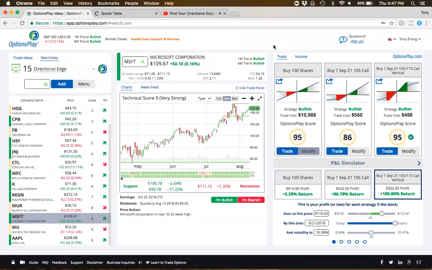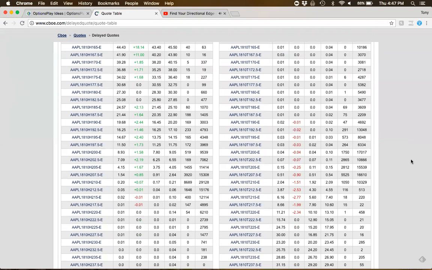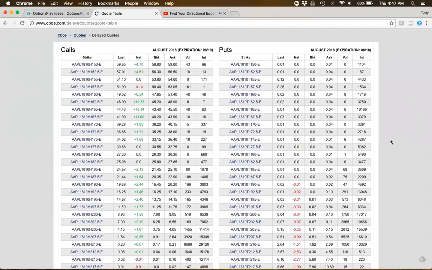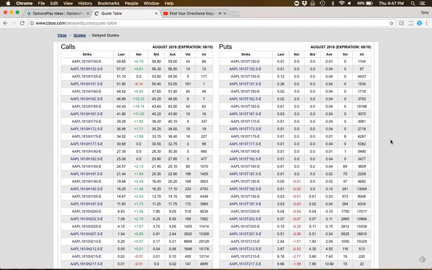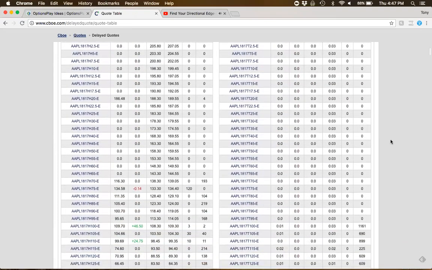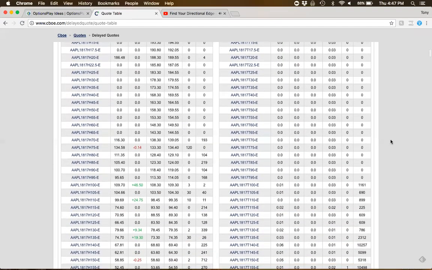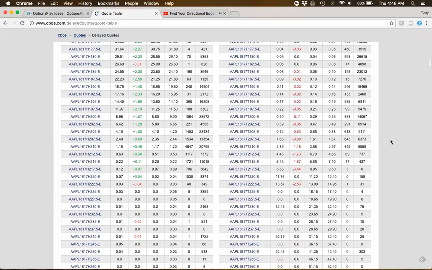And the reason that we built this platform was because we looked at the user experience of trading options for most people. And that user experience usually starts with a page that looks like this. You have all your calls on the left, your puts on your right, and you have a lot of different numbers in between. And what we realized is that most people really struggled with figuring out exactly what this page meant, what all the numbers meant, and let alone, once you learned how to navigate this page, the problem with